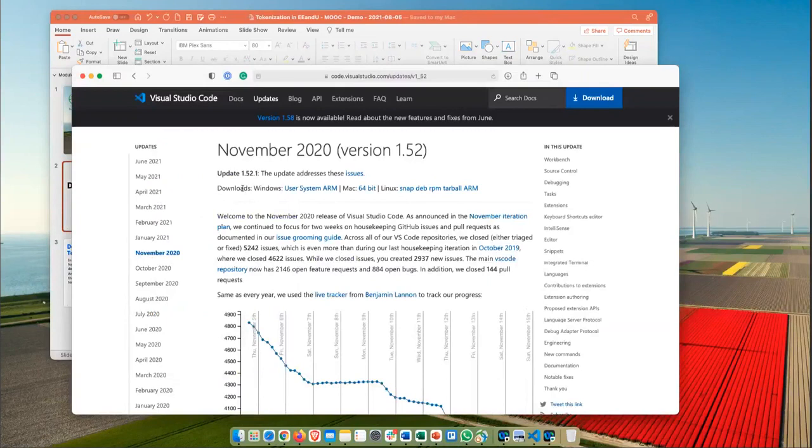The downloads are here in the third row, and select one that's appropriate for your operating system. I used the Mac 64-bit version, and I have already installed it. Due to some delay times of installation, let's switch to Visual Studio.